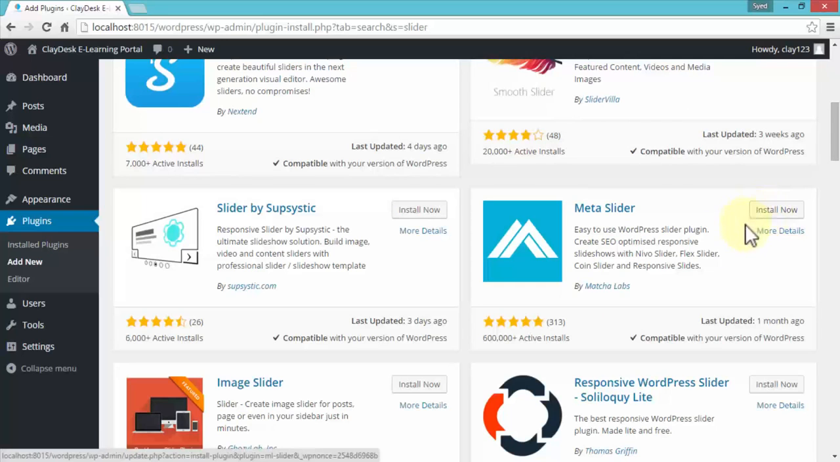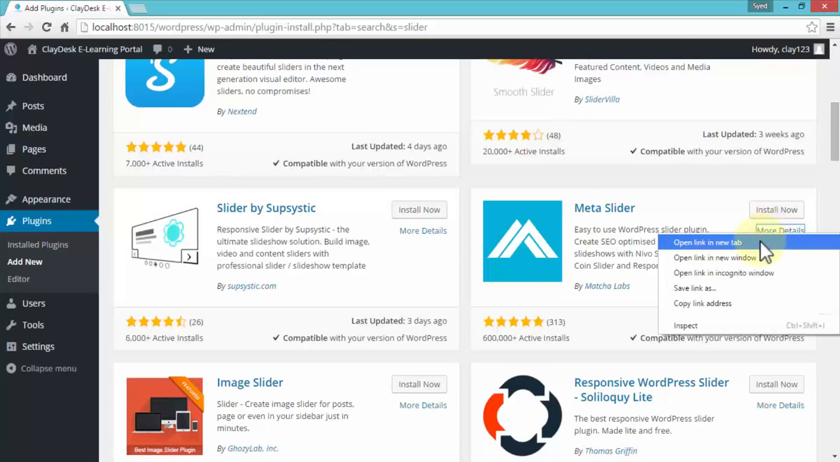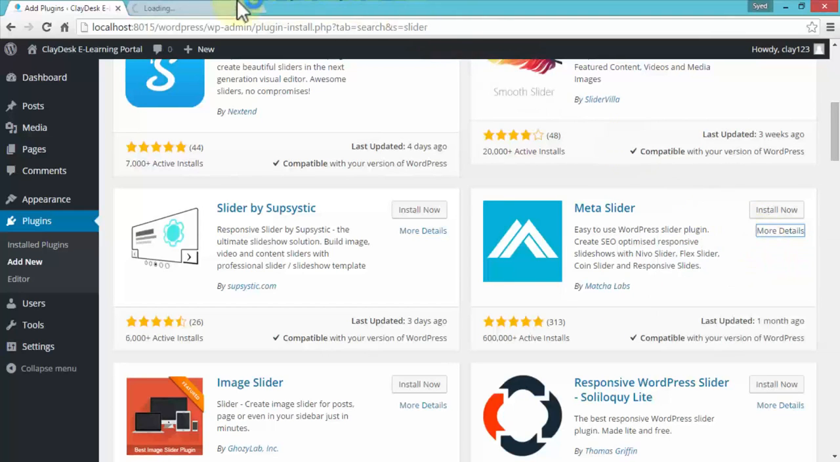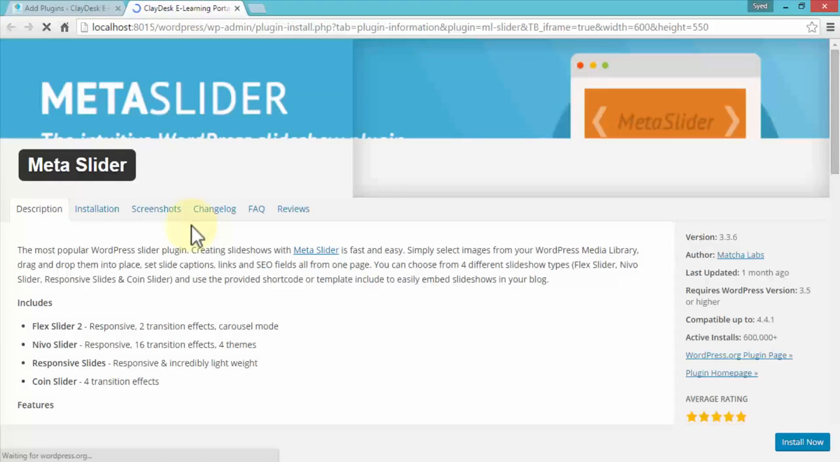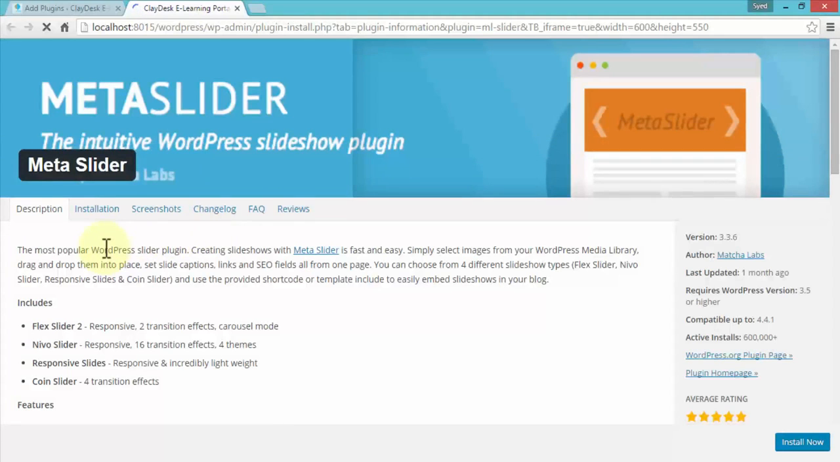Before you actually install, you can always take a look at more details, right? So let me right click and open these more details in a new window, because I'm going to show you this before we install the plugin. You can read more about the plugin and see what it does. It says the most popular WordPress slider plugin. It creates slideshows with Meta Slider, fast and easy. You can simply select the images from the WordPress media library and drag and drop them,